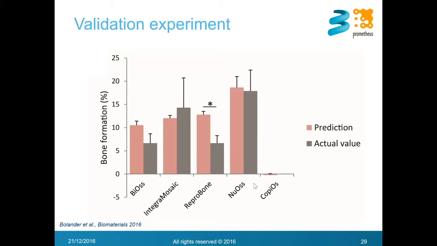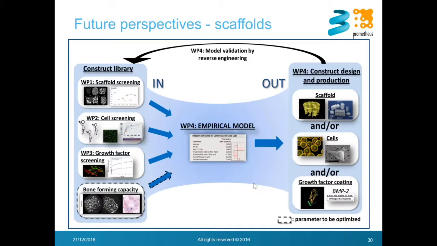This is a very good result, in my opinion, because on the one hand, it shows that there is some value in these data-driven models, but there is also a big limitation, and that is because it doesn't contain any mechanistic information. You really need to stay very close to the original set for which you obtained the data. So this is what we are now doing: we're also including the cell properties as part of the empirical modeling process,